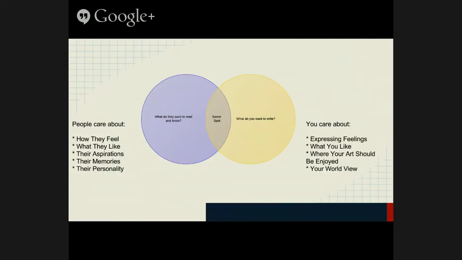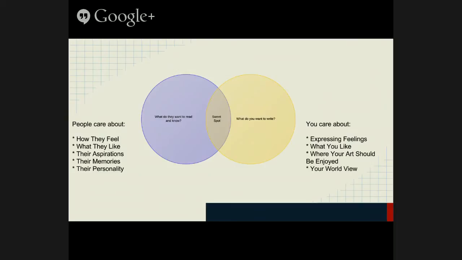Here's a little summary of what we were talking about earlier. People care about themselves. That's what they want to read. They want to read something that reminds them about their own situations, their aspirations. So have pictures of, say, your friend bought one of your paintings and she's got an amazing living room. Show it, because people might want an amazing living room.